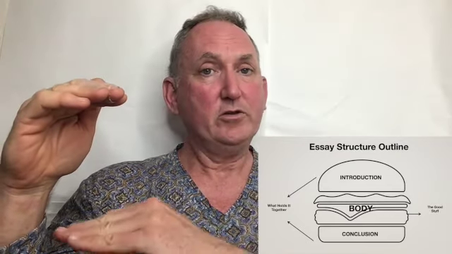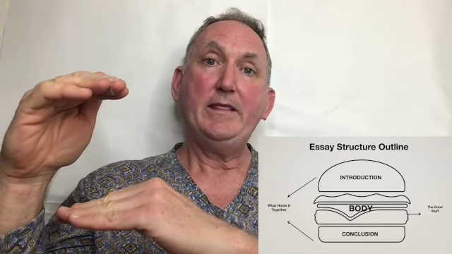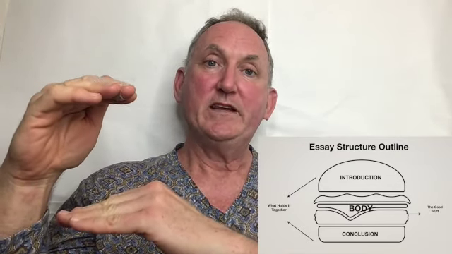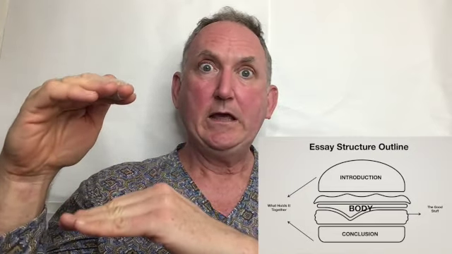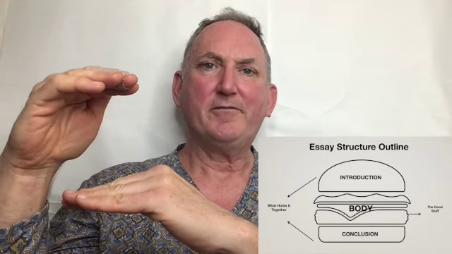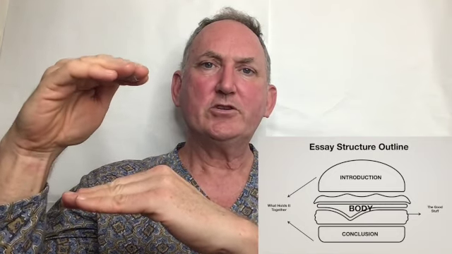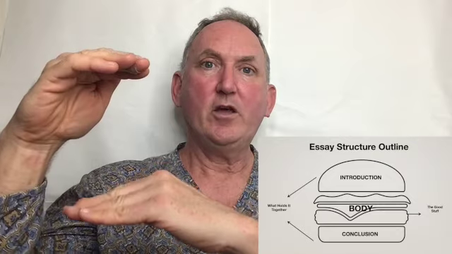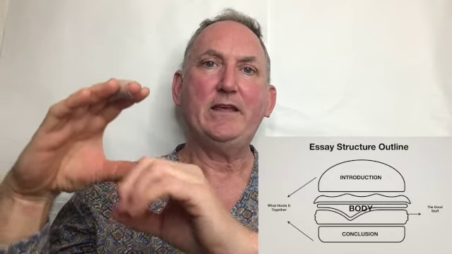Now, the last thing I want to talk to you about is hamburgers. Hamburgers? What? How can you talk about food at a time like this? Well, the standard 5-paragraph essay is like a hamburger. The introduction and the conclusion are the buns, and the body of the paragraph is the meat, and the tomatoes, and the cheese, and the lettuce, and everything else you like on a hamburger. It's the good stuff. So the introduction and the conclusion, the buns, hold together the body of the essay, the